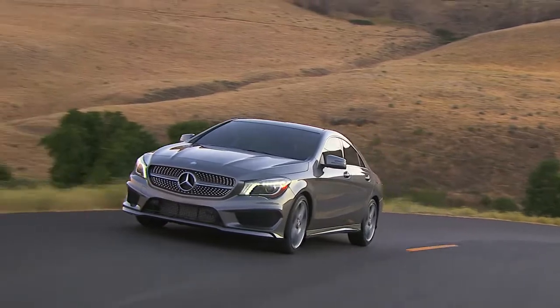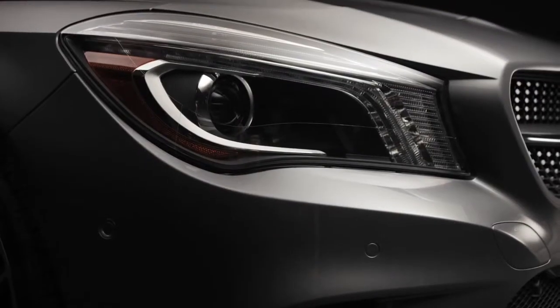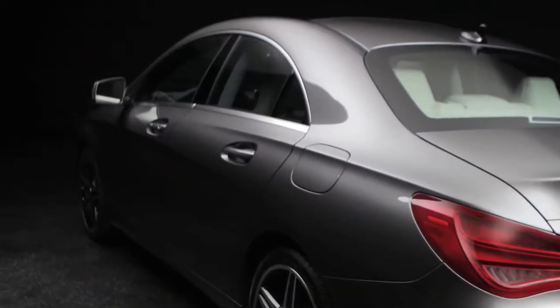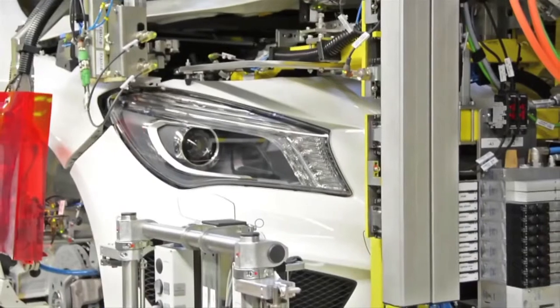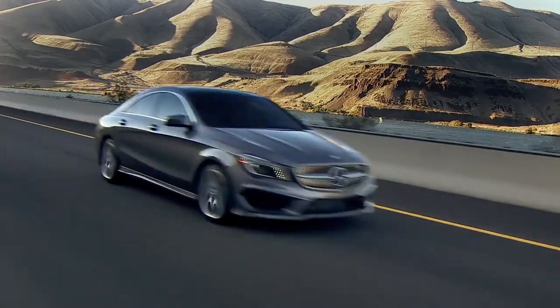This is one of the most expressive designs Mercedes-Benz has ever put on the road. The piercing eyes of a hawk, the sweeping profile of a coupe, the dramatic sculpting from every angle. This is the all-new CLA. It's 100% pure Mercedes-Benz with the engineering, safety, and performance that a car has to have to earn this star